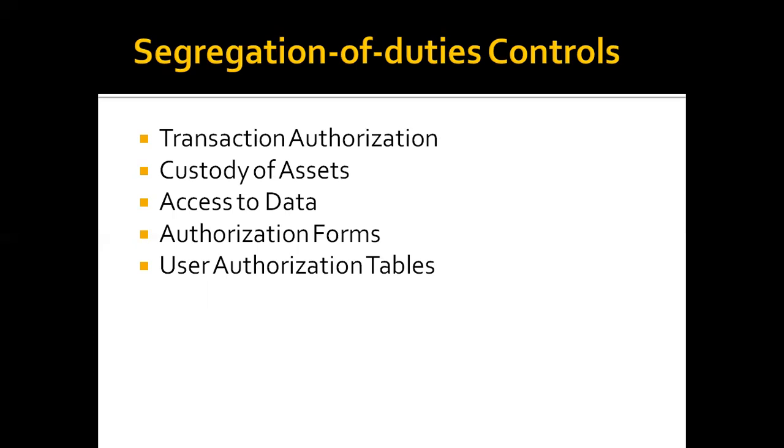I've talked already about custody of assets, and I said custody of assets has to do with IT administrators implementing rules and directives that are given by the owners, the asset owners and data owners in the organization. Access to data, of course, must be segregated, must be restricted, based on the privilege of need to know. Some people who have access, the access is read only. Some people have read and write access based on what they need to do. And some people will be locked out completely out of the system or data. So we need to have those rules on access restrictions.